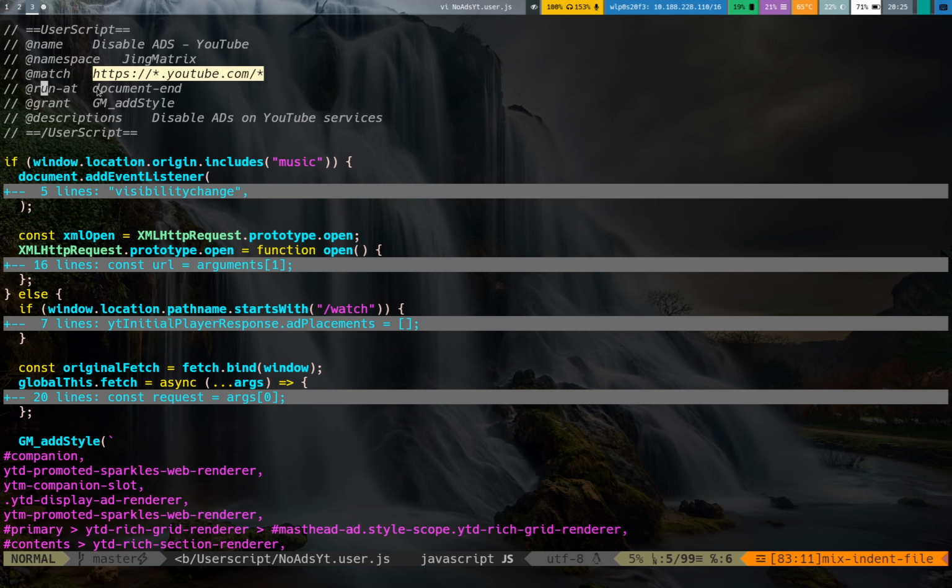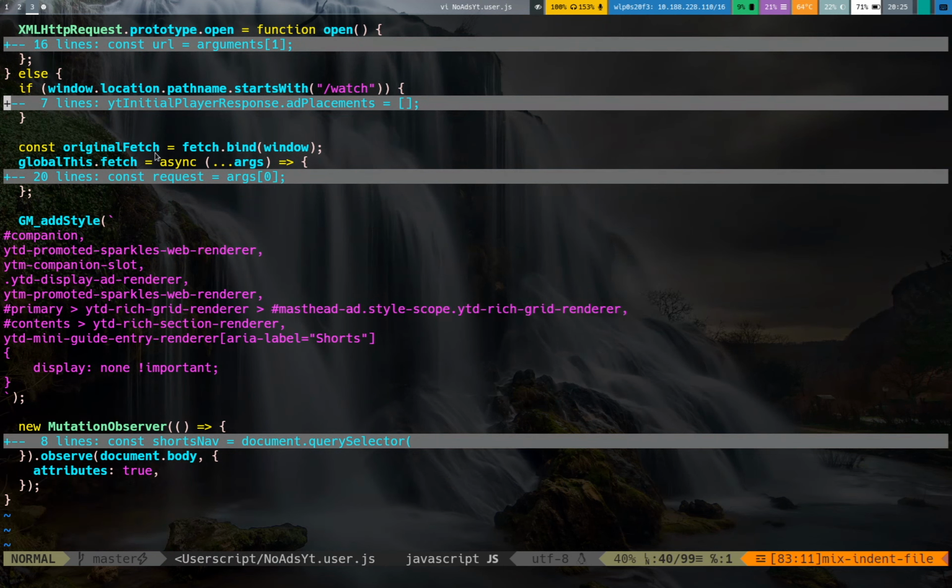It should run at document end, which means it runs when the document is loaded. So let's go to the code for the fetch part.